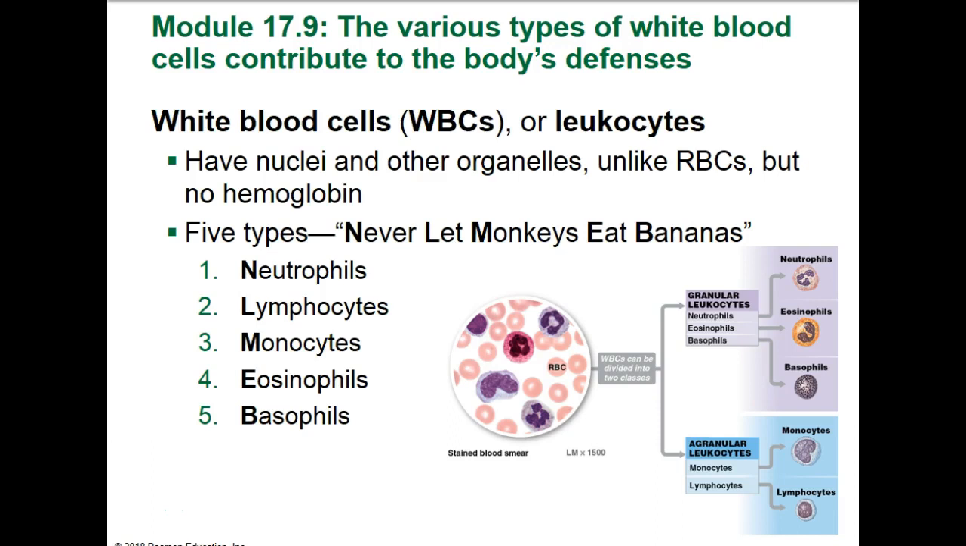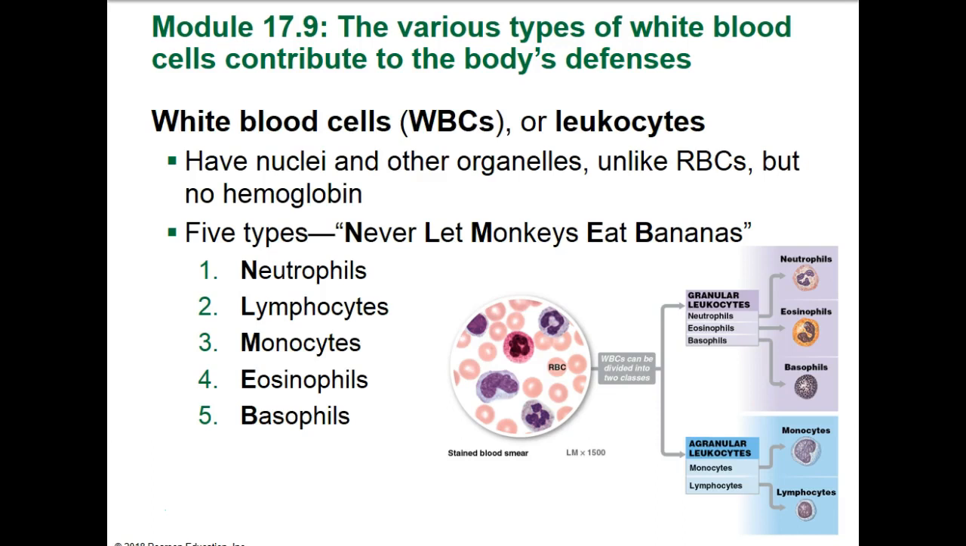So white blood cells are also called leukocytes. Now, I notice a lot of people confuse the term leukocyte with lymphocyte. Don't do that. A lymphocyte is a type of leukocyte. Leukocyte is just the general term for white blood cells. Okay. They have nuclei, they have other organelles, unlike the red blood cells, but they don't have hemoglobin because they have